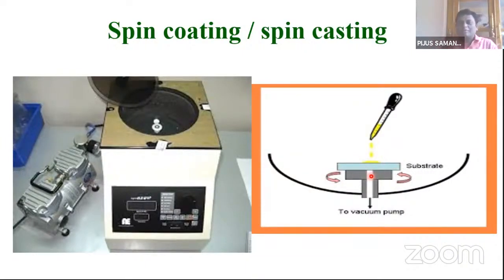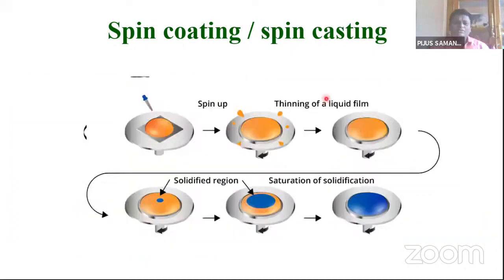That is why we use vacuum. We could also use simple tape, but as the spinning rate is very high, 2000 to 3000 revolutions per minute, a huge centrifugal force is generated and the substrate would be thrown off. That is why we use this vacuum technique to stick the substrate. So this is the setup, and all the things are controlled. Here you see the table and the substrate, and we put some liquid drop over the substrate.